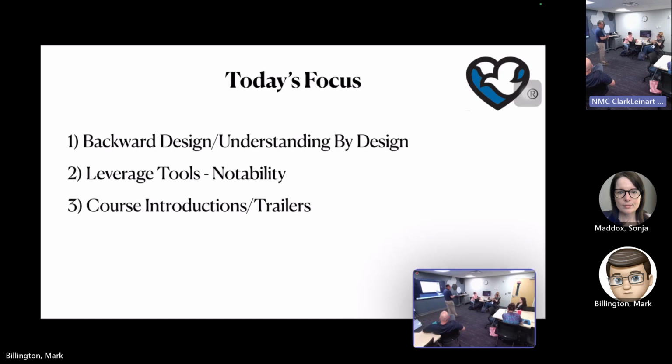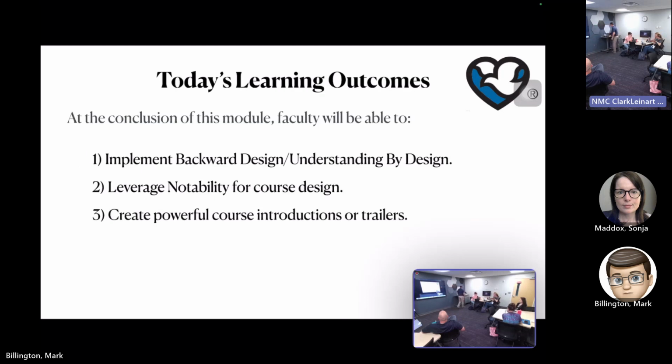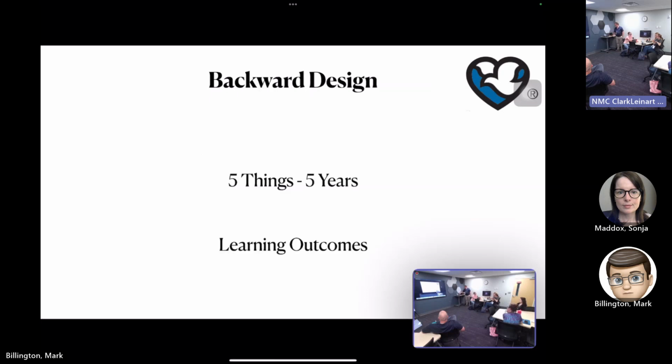So really backward design is setting that goal about where you go. So we're going to talk about backward design and how that all gets put together. So today's learning outcomes, we've kind of got that in there. We backward designed this, but when you work with backward design, what you really want to think about is 5 years from now, you bump into a student walking down the street.